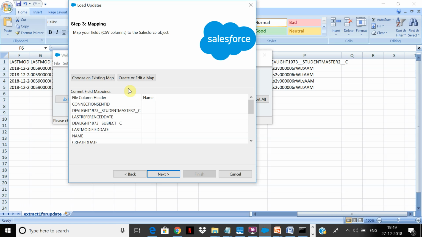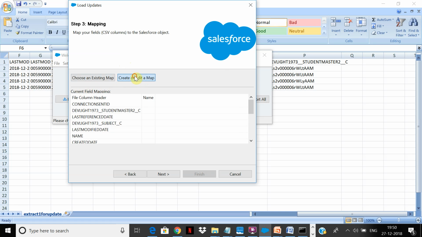Now the advantage of exporting all records first using data loader is that it already gives you a correctly templated Excel file. You don't need to go and pre-fill the names over here. Otherwise it is a hard task. When you do an export using data loader, it gives you a template with the correct field names, everything. You just have to change the data. So right now we have the field names.